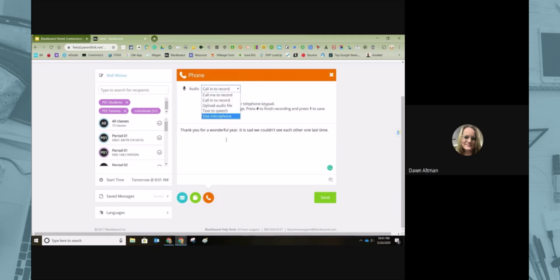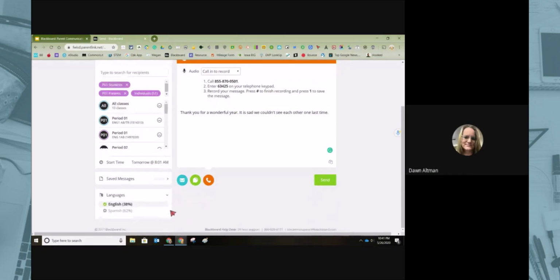We have a built-in microphone with most laptops nowadays, the ones that the district has, so you don't really have to worry about the microphone, because I'm using a microphone right now on my computer in order for us to do this. So when I've got all this set, you said you'd bring up languages, and here's where I'm bringing up the languages. Underneath Save Messages, I have where it says Languages. If I click the arrow for Languages, it is showing me that out of my student population, 38% speak English at home,